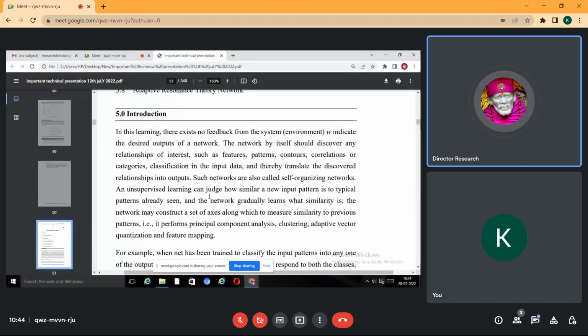An unsupervised learning network can judge how novel a new pattern is compared to typical patterns already seen, and the network gradually learns what similarities to use to construct a set of axes along which to measure